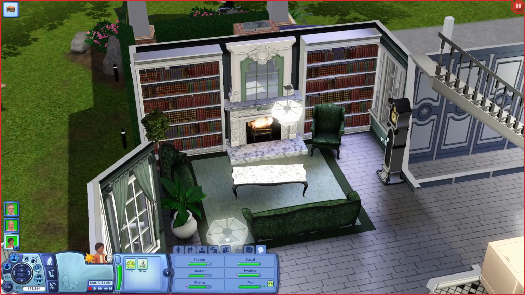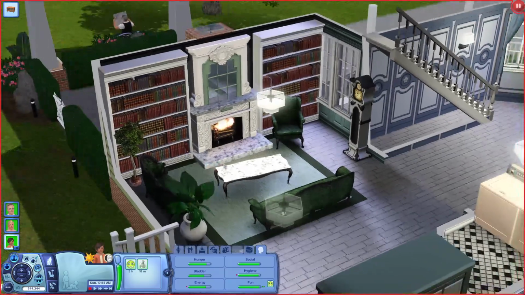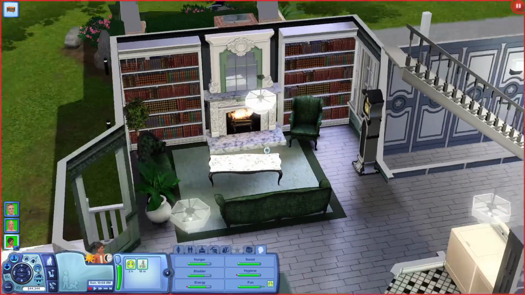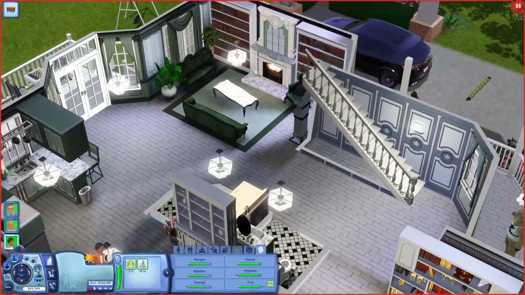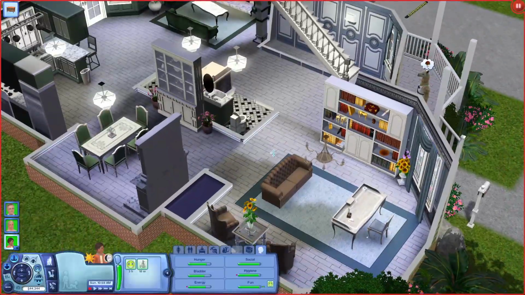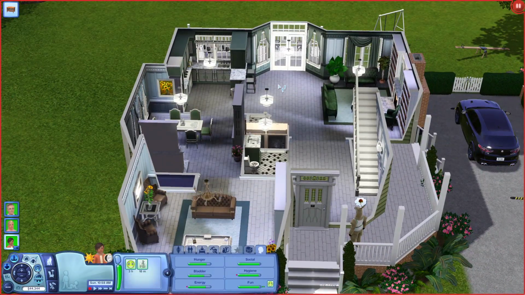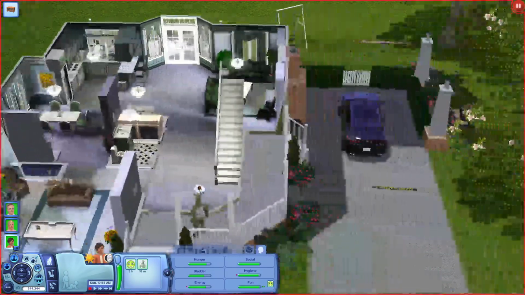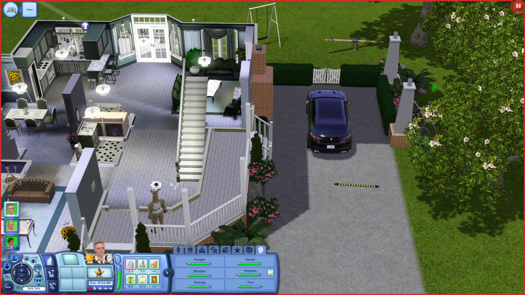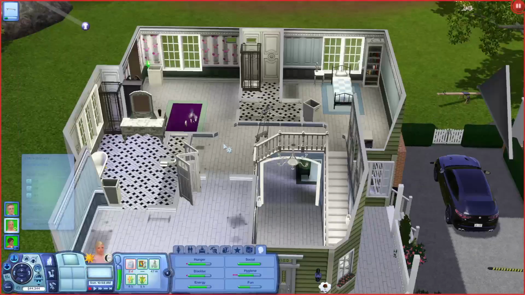I meant to put an old-timey TV in here, but then I decided against it. But we do have another living room. So I guess this could be the living room, and maybe this is the office. I don't know. Also, I don't know what I'm doing when it comes to furnishing Victorian-style homes. This is the first Victorian house I've ever built, so I'm sure it's very clear I have no idea what I was doing.